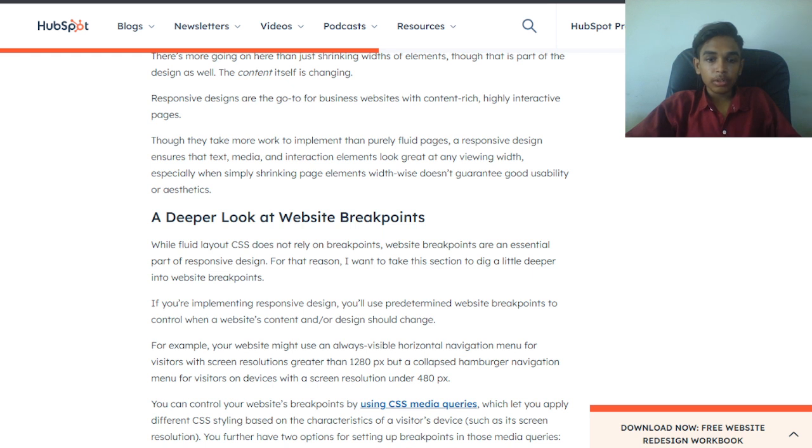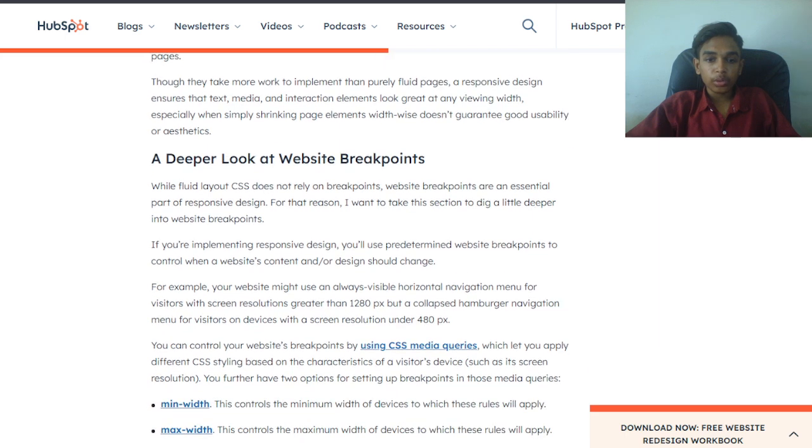For example, your website might use an always visible horizontal navigation menu for visitors with a screen resolution greater than 1280px, but a collapsed hamburger navigation menu for visitors on devices with a screen resolution under 480px.